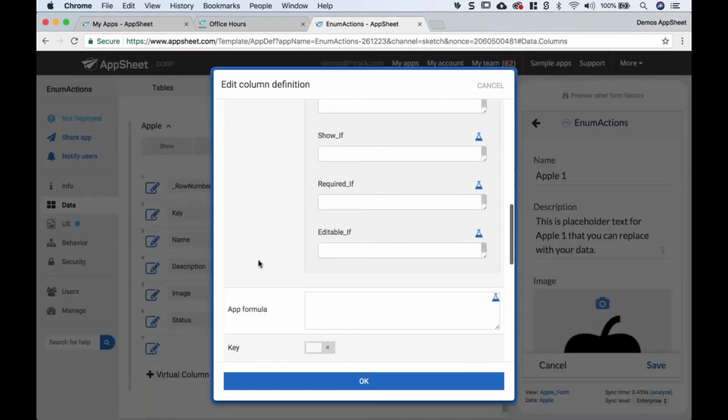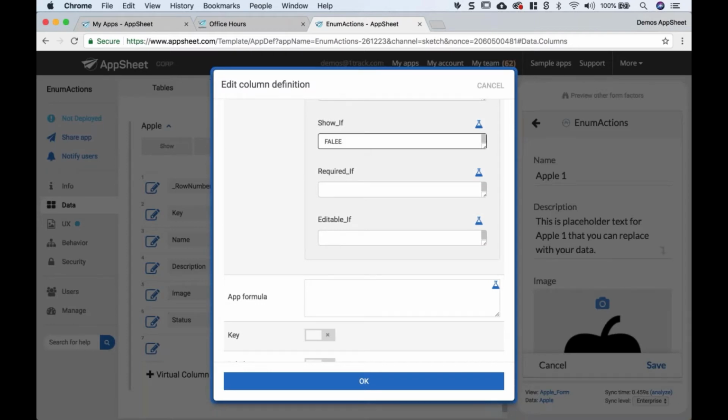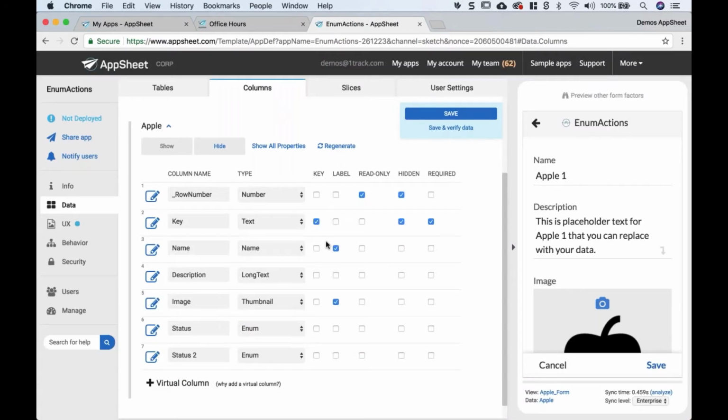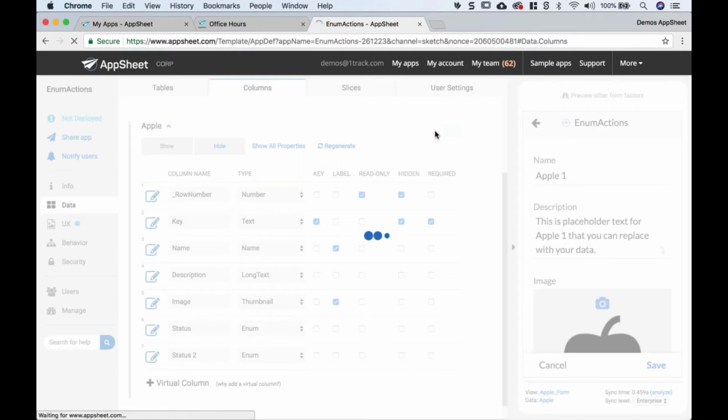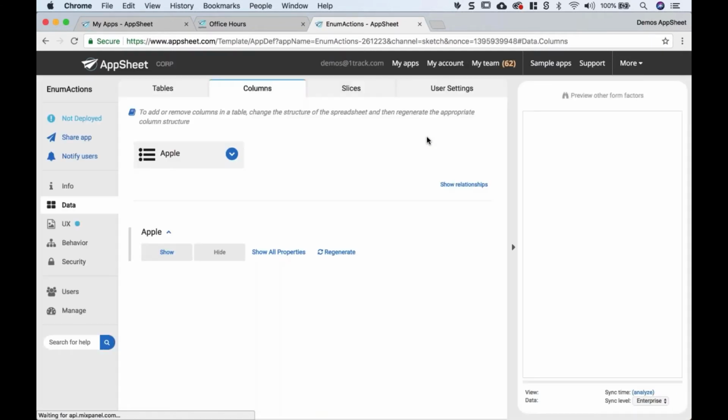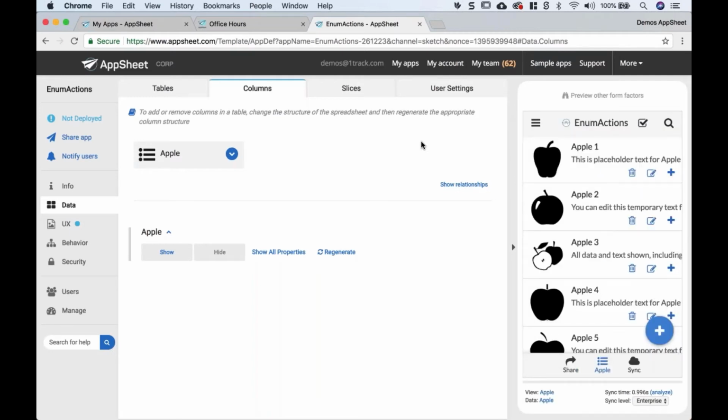Tony, quick question. I don't remember, but I'm doing it also for the other status column. We have this global show if conditions, which means that if you hide something in a form view, you will also hide it in the detail view when you're displaying data, right? Right. So this is kind of a legacy issue, but the show if constraint that you just edited in the column structure, you can think of that as by default only for the way that the column is displayed